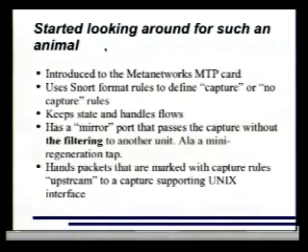I started looking around, and I was introduced to a card from a firm called Meta Networks. It's called the MTP card. The piece that was introduced to me is that it uses Snort rules to define in its brain what it wants to capture versus not capture. And it keeps a state table of source and destination host and port flows, so there's some ability to know, is it part of an existing stream or not? And then as a nice cost saver for our small department, it has a backup tap on the side of it that acts as sort of a mini regeneration tap. You get all the packets without the filtering out of that tap.